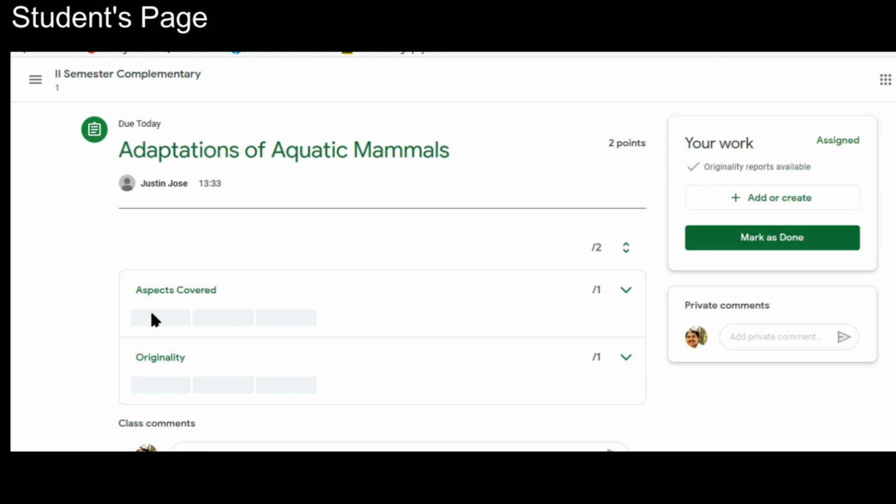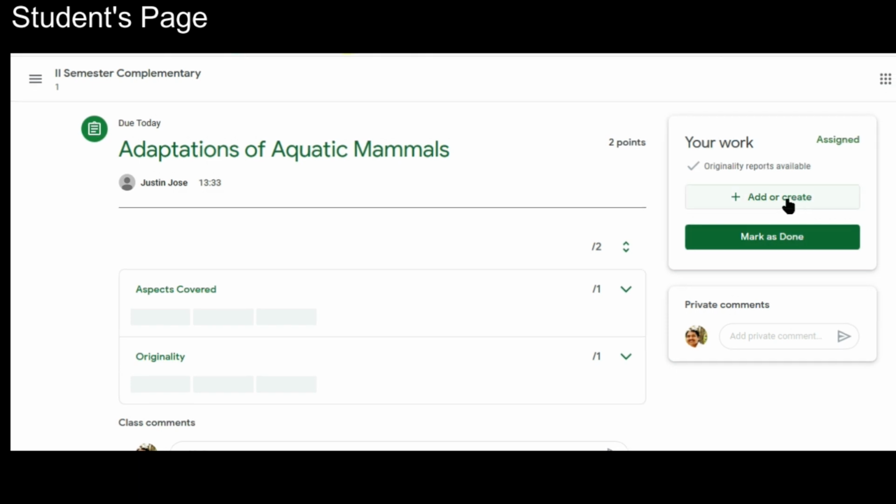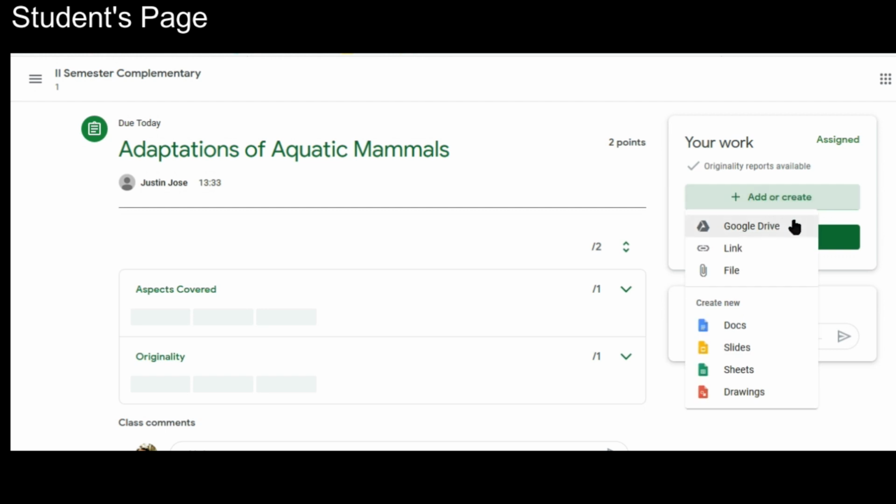Now the student can start her work by going to the your work section.